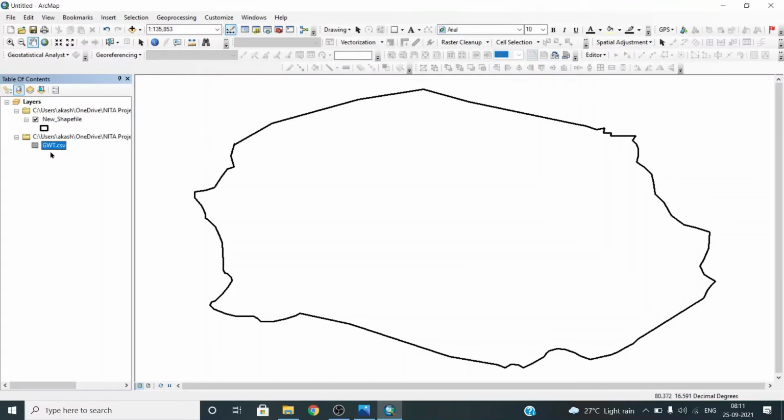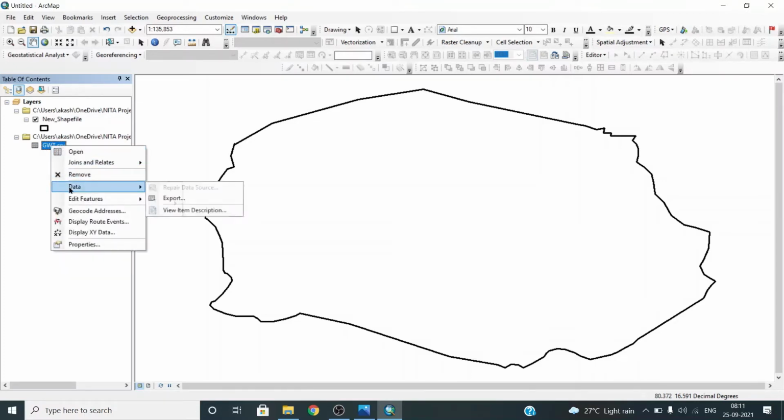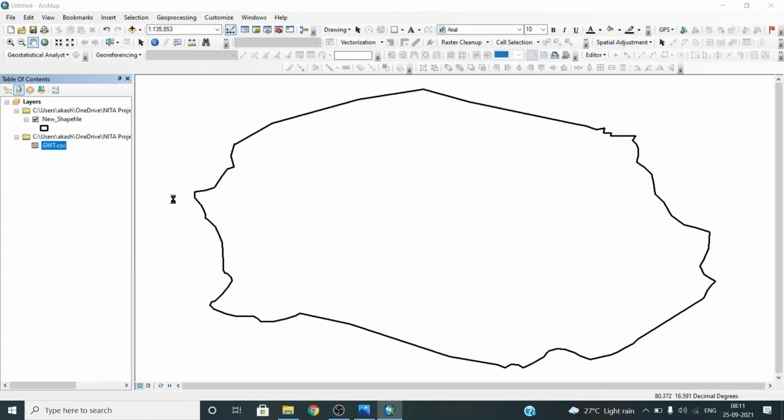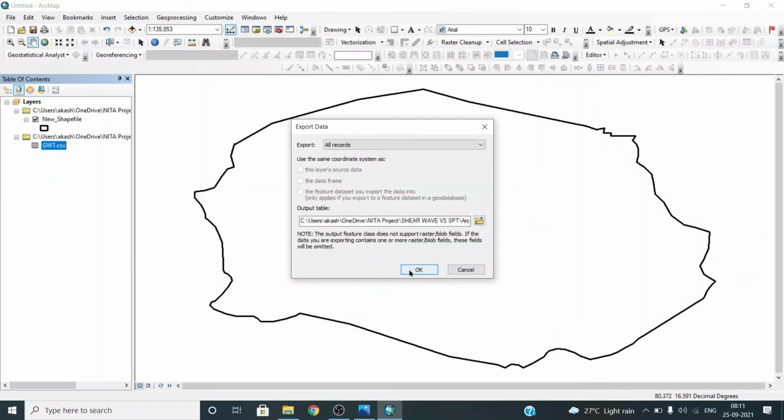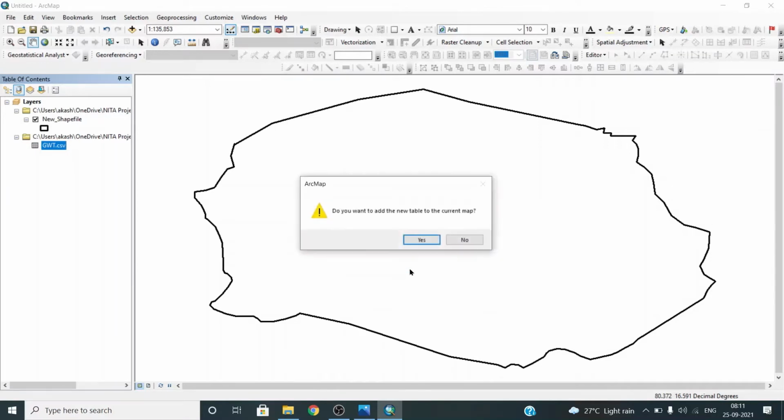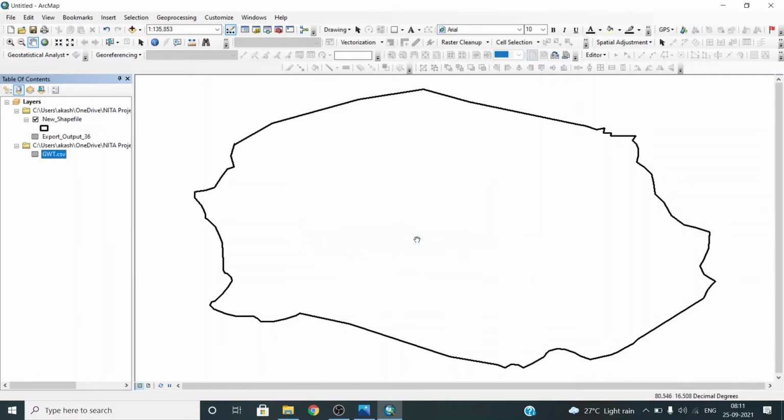You can see here this file has come here. Now right click on this and go to Data and Export. Click OK. Yes. And you will get this export output.